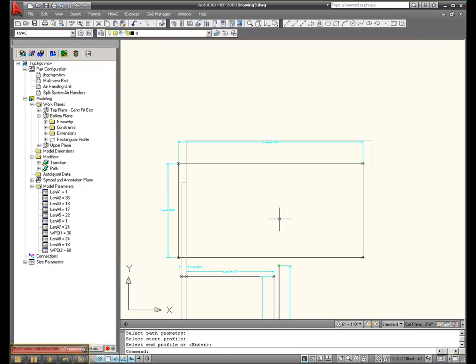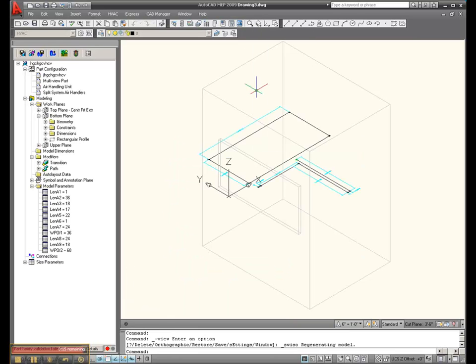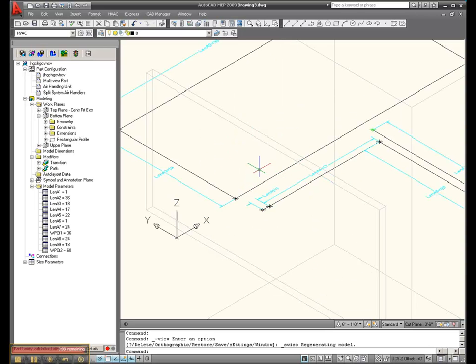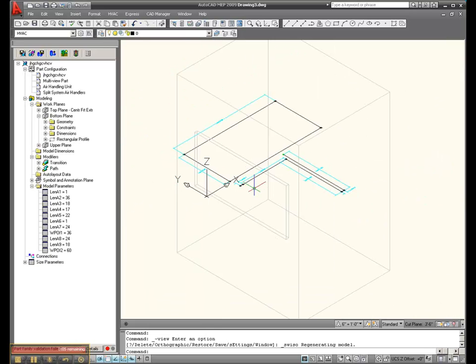So there, it added our extrusion on there. Let's go back to Southwest ISO. Now you can see how we added this extrusion on the face of the main body here. So we followed this path, extruded that rectangle along that path, and